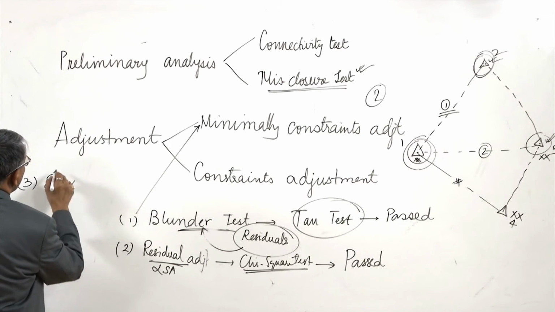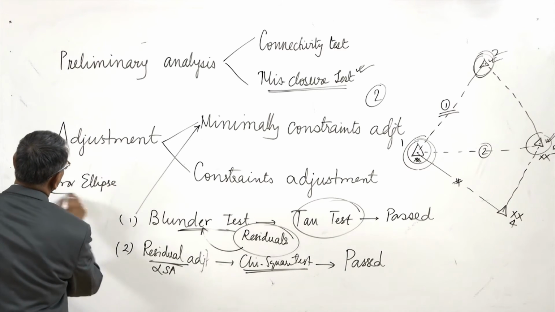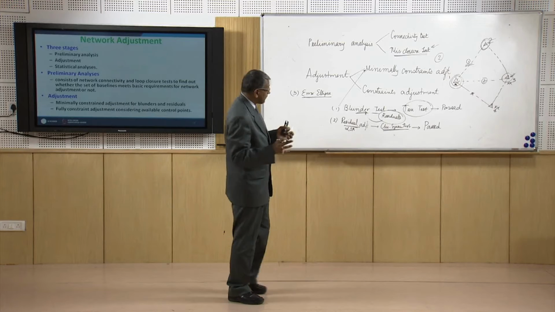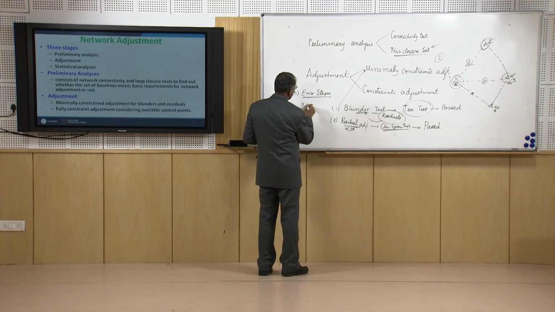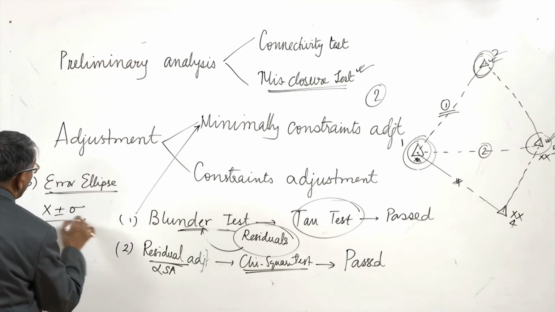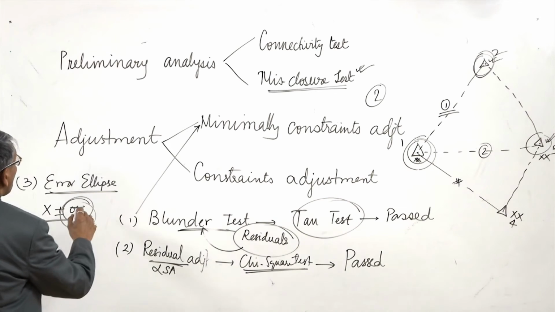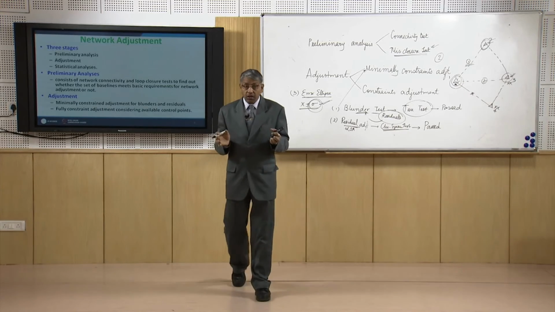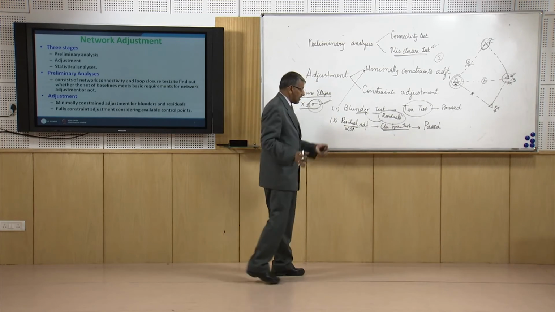error ellipse. We have to find out the error ellipse at the position of all the control points, that means the location plus minus sigma. This is the error ellipse, and we have to see whether these errors are within the desired specification or not. If it is not, then again we have to